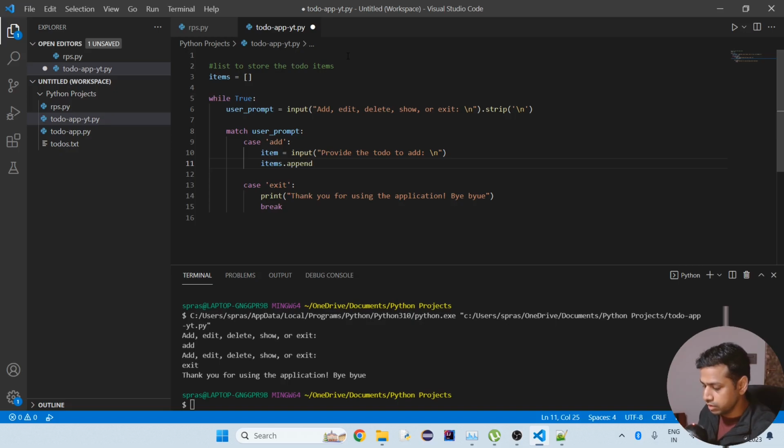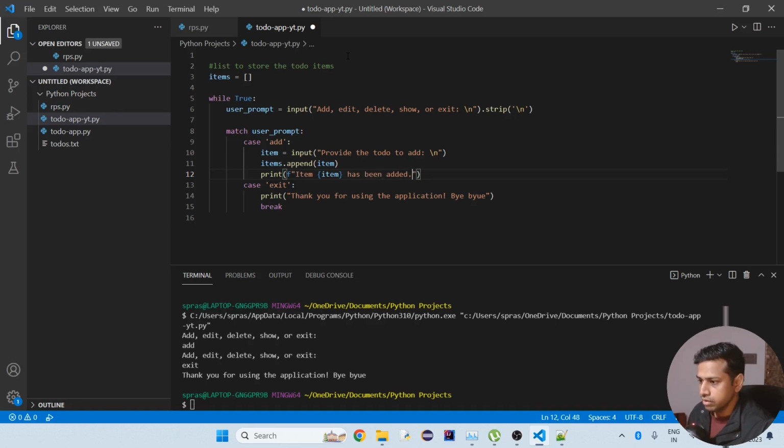So items dot append item. Afterwards we will just print item has been